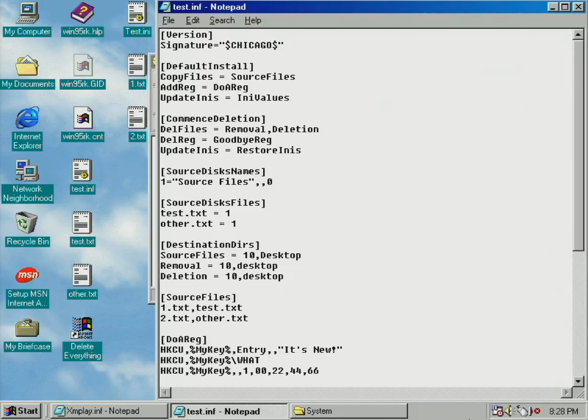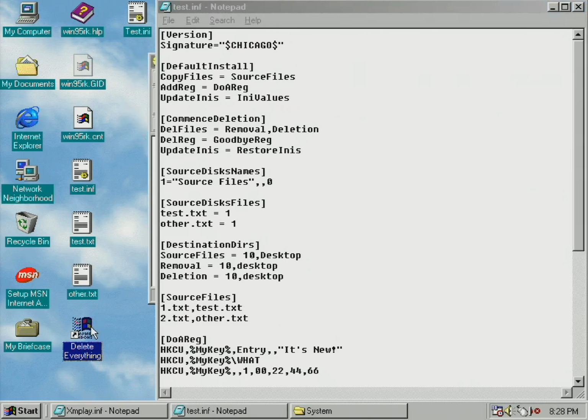Now that you have some familiarity with how to write INF files, I'm going to show you how you can use them to carry out certain specialized tasks. Such tasks we're going to be covering in upcoming segments include adding RunOnce entries for running programs and renaming long files or deleting them, and also adding start menu links, those sorts of things that are pretty commonly done when you're dealing with